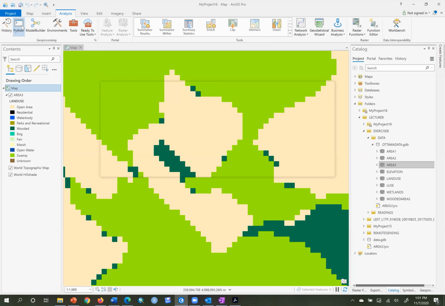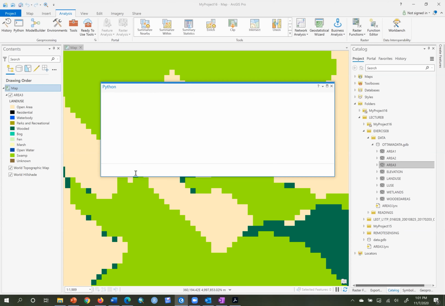Then I'll open up my Python. And the first thing I'll do is import my environment settings to see if they've taken from the global environments, because sometimes it's buggy and they don't take. So I'll say from arcpy import env, and then I'll just say env.snapRaster as an example. And hopefully that'll say, when I hit enter, area 3, so that's great. So my global environment settings are active in the Python window. If nothing showed up there, that would mean there's something wrong and I'd have to stop and restart probably